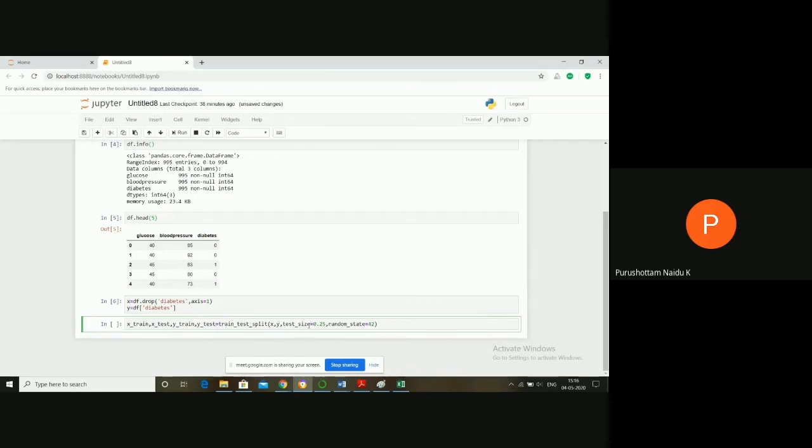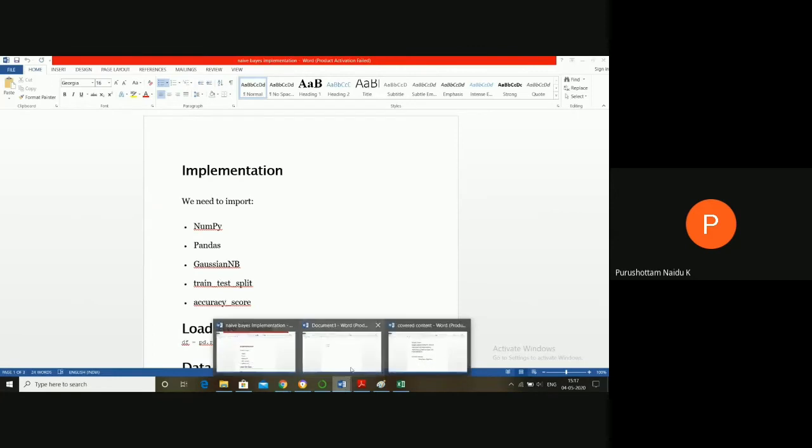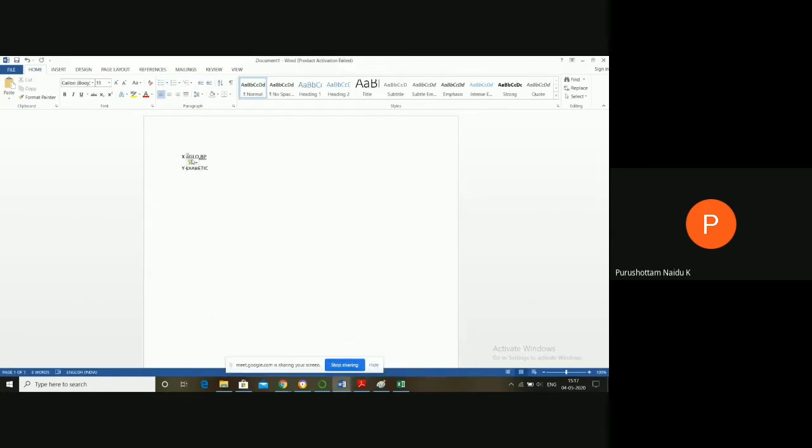What is x here? All the attribute data without the output variable. What does y contain? Only the output variable. In this example, x contains glucose and blood pressure data, and y contains only the diabetic column.